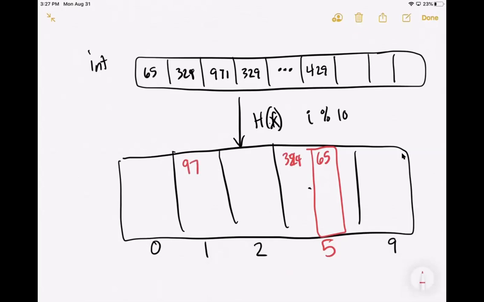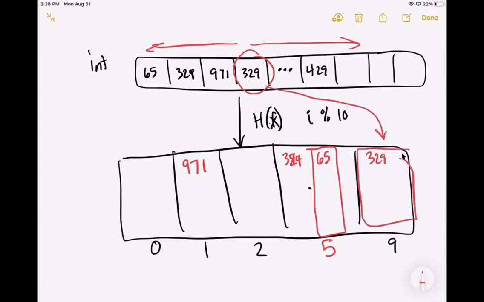And you can see that we kind of put the values in these tables. Well, then when it comes time to search for a value, the first thing you do is look at the hash function. So let's say that the value we're looking for is 329. Well, first we check, what is 329 modded by 10? And it's 9. So we don't search this array at all for the value. Instead, we go to the hash table and we search element 9,